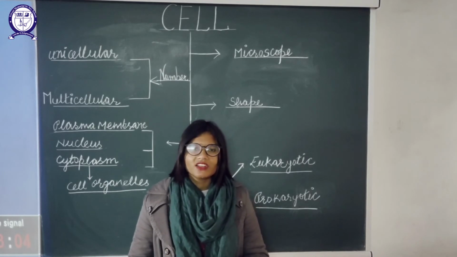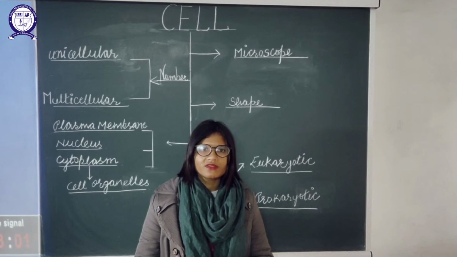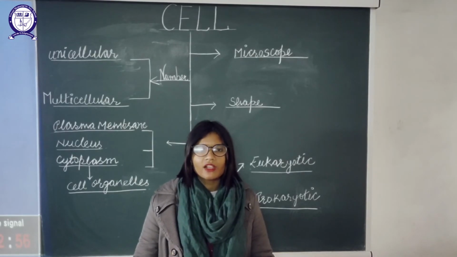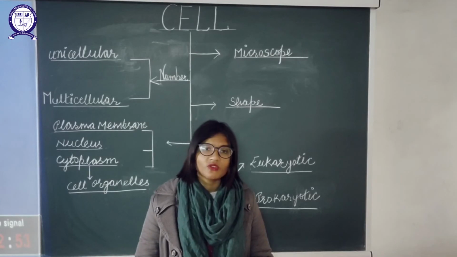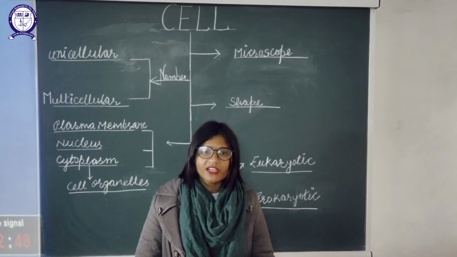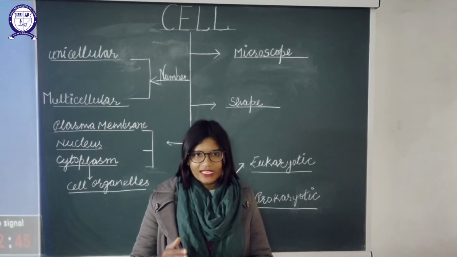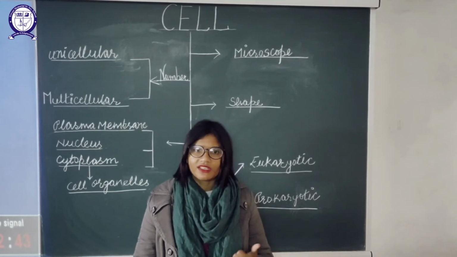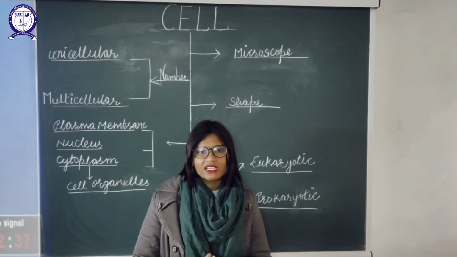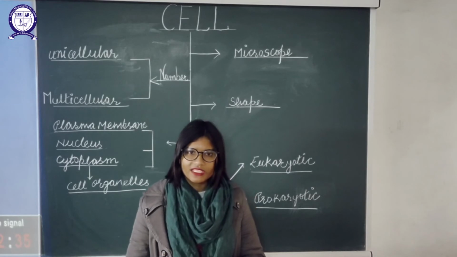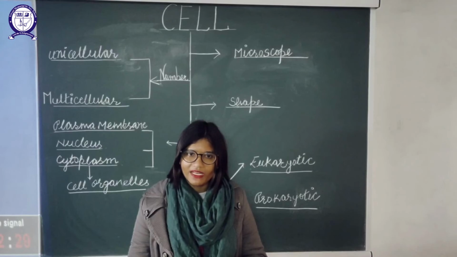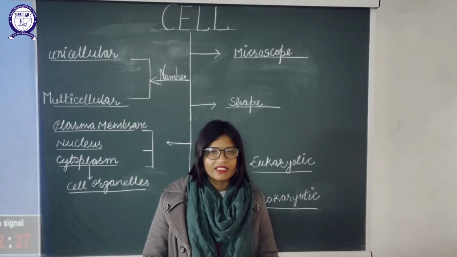Okay. The second structure is chloroplast. Since we know the ultimate source of all the food on our earth is plants, they require a specific structure for the synthesis of food, that is chloroplast. Since chloroplast is needed for the production of food, chloroplast is present in plants only and absent in animals. Okay. Now the third structure is plastids. Plastids again are present in the case of plants only for the same purpose, for the synthesis of food or synthesis of other types of pigment. Since such a structure is not needed in animals, they are absent in animals.